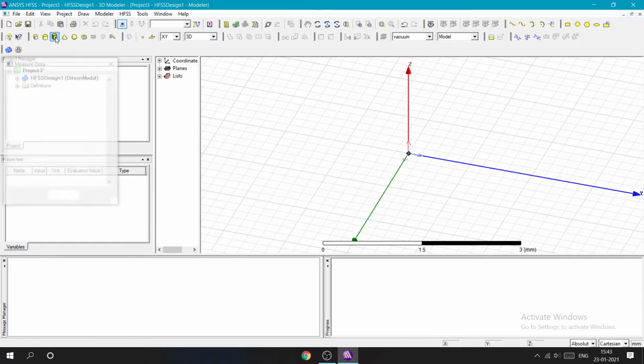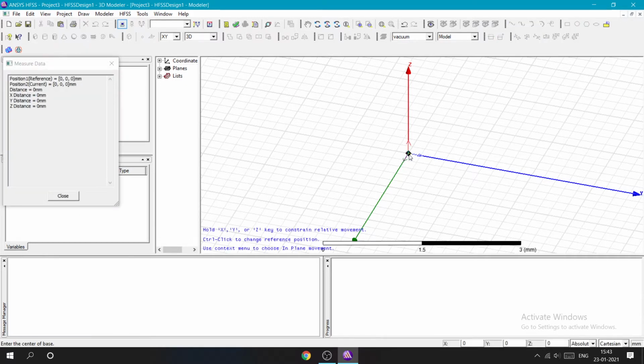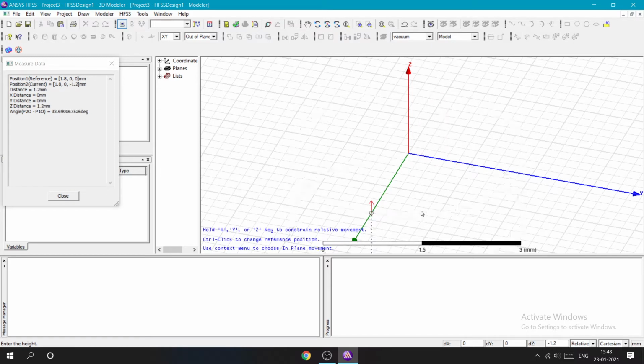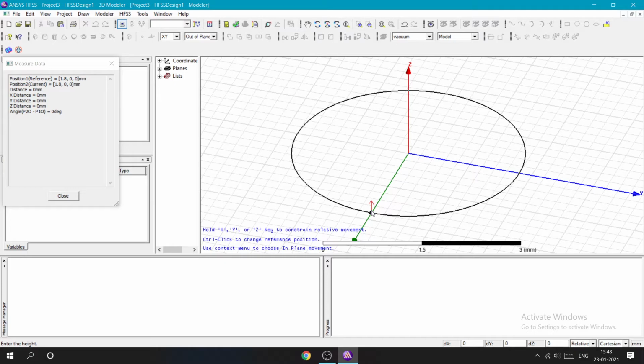This is a regular polygon. Click on it, point on the origin, and place the center point or the axis somewhere, then click it. Basically this is the circle we'll get, because the polygon will be inside this circle. This circle is the distance from the center to any one of the vertices of the polygon.